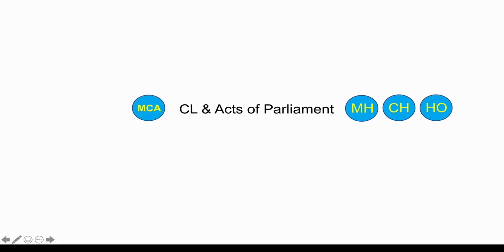So let's say here we have common law and acts of parliament, and there's loads of acts of parliament out there. You could have the Mental Health Act, the Children's Act, Housing Act, the Mental Capacity Act, Mental Health Units Use of Force Act that's come out, and obviously Section 3 of the Criminal Law Act. Now, common law and acts of parliament give us our legal rights, and our restrictions on what we can and can't do. And these are primary pieces of legislation. So anything with the word act after it, apart from common law, of course, is statutory law, and that tells us what we can and can't do legally.